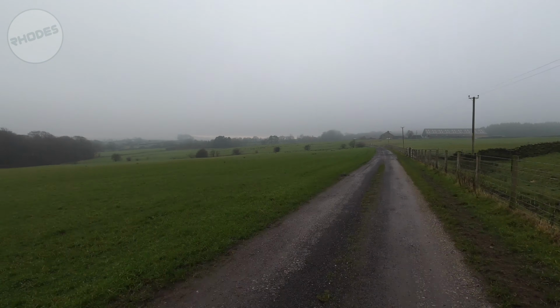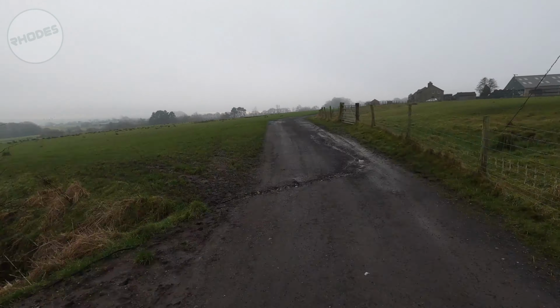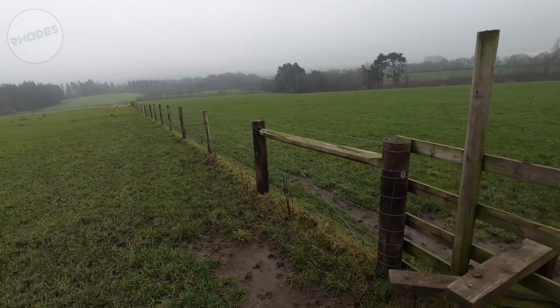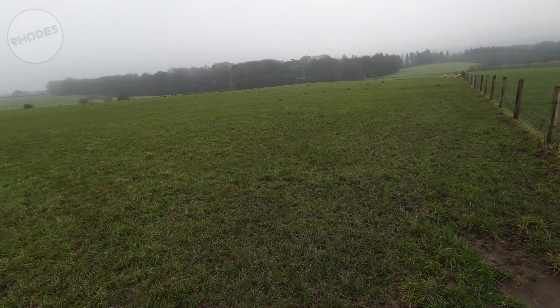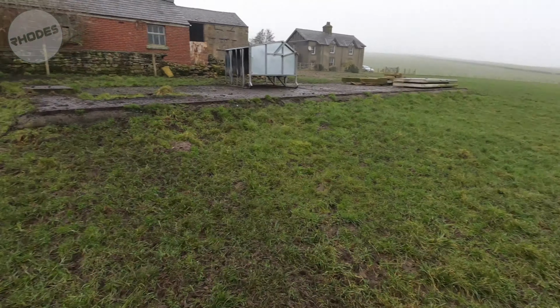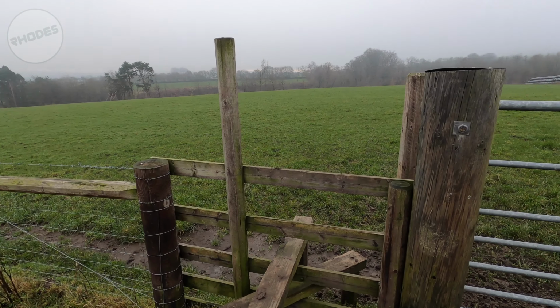So as long as you stick to the dirt track all the way up here, you can't really go wrong on where you're going to go. You're going to go all the way up to the end. There's a farm on your right, and then we go to this stile that marks where we come off. So there's the farm behind me. There is a walk to the left down there, but we're crossing the stile over to the right over here,